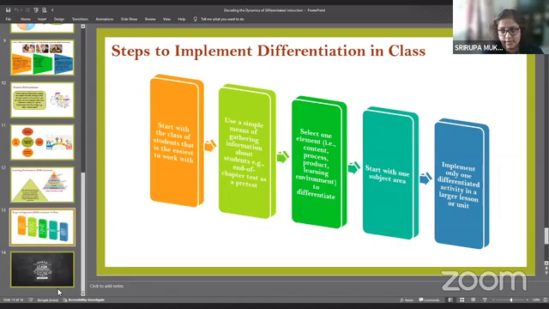Again, that's similar to what I was saying in the previous case, that we cannot be differentiating everything together. And finally, the implementation of the differentiated activity. It should not be that when I'm teaching one unit or one chapter or one particular lesson, I'm differentiating everywhere. No, that's not needed, because there are certain things which children will learn together. But there could be certain areas where the differentiation is essential. As a teacher, it is very important that we understand that this is probably the area where differentiation is needed.